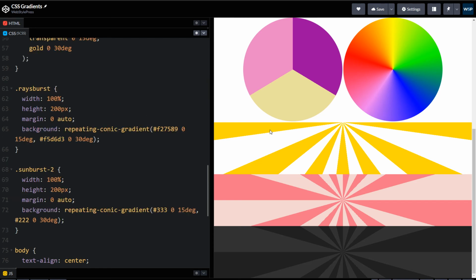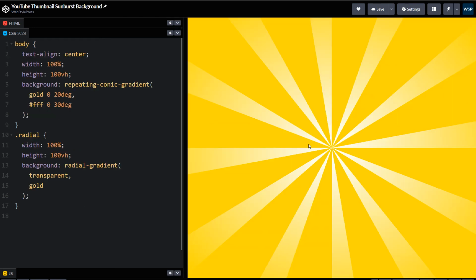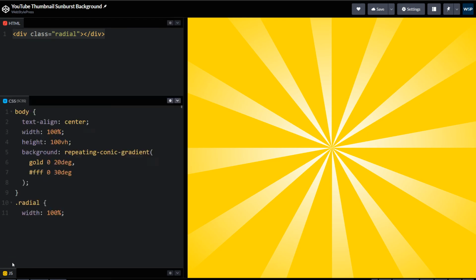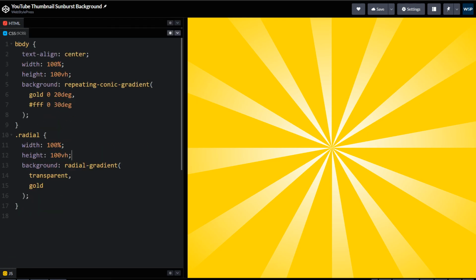So there is a lot you can do with CSS gradients. For example, look at this, just a div here, and we are using repeating conic gradient at body, and then for that div, radial gradient. Two gradients have been applied to create this amazing pattern. It is using two colors, gold and white, and then gold and transparent.